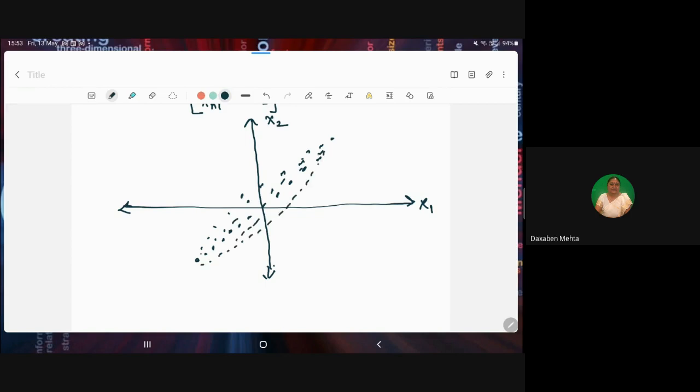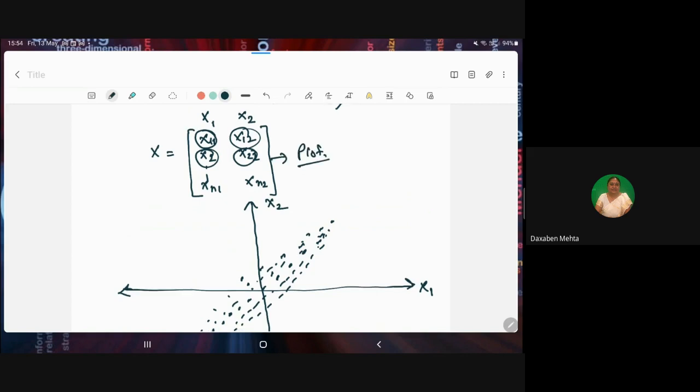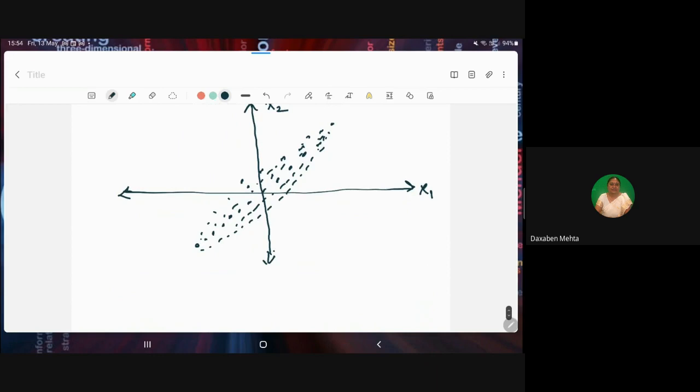Suppose it looks like this. So the data looks like this. Suppose I plot the data set, this data matrix. This is plotting, and after getting the plot, I get this data set. Now, after making such plots, we want to calculate the distances, that is the